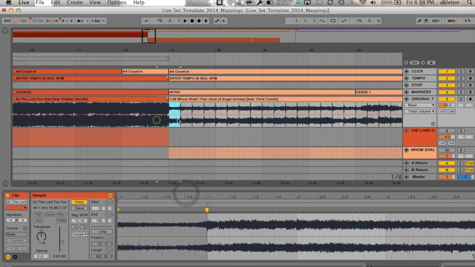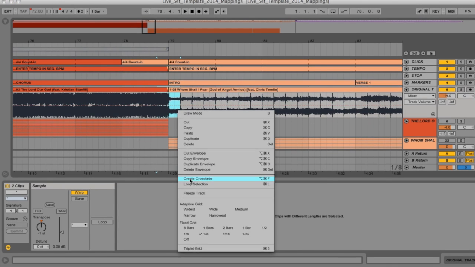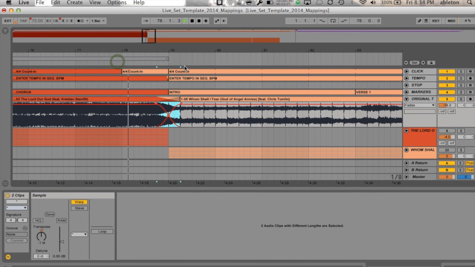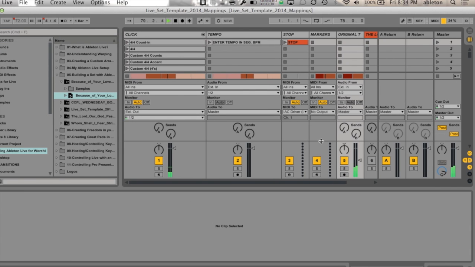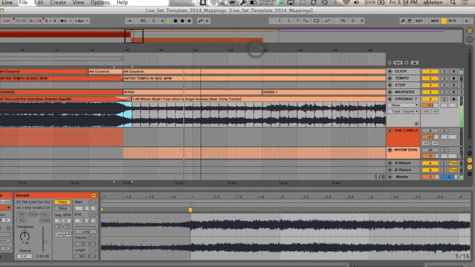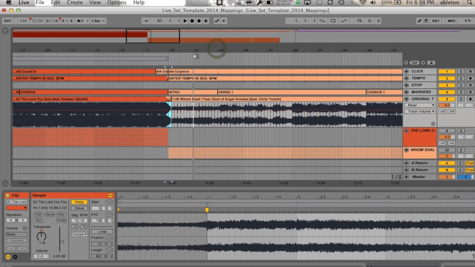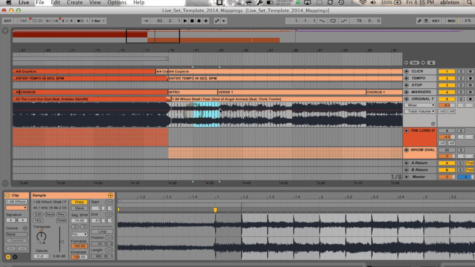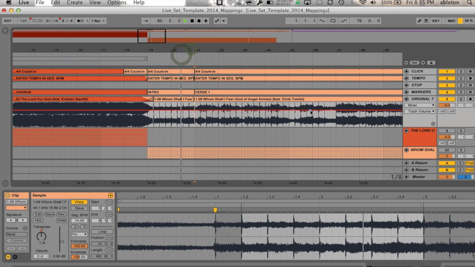Now, if you remember from earlier, though, we can make this probably a little better for our band, because I'm going to go in and try to create a crossfade. Okay, so I'm going to right-click, do Create Crossfade. Okay, and now that intro is a little long, though, so I'm going to trim that up just like we talked about earlier, and I'm going to do delete time. We'll do a crossfade,